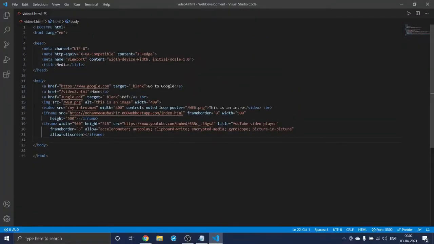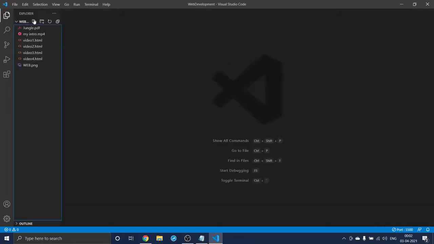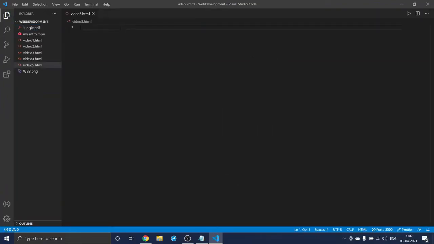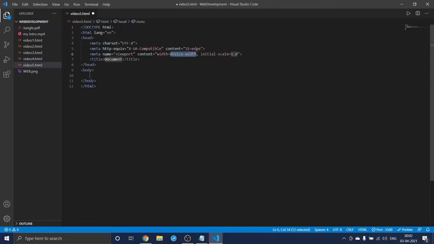So I opened my VS Code here, and this is our video 4, and I will create a new file here, which is video5.html, and I will come up with the boilerplate, and I will give the title as payment, and in the body, as we are making a form, we need to give a form tag.